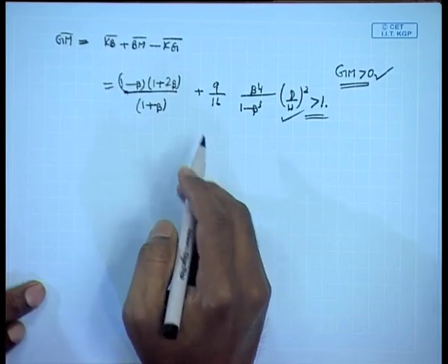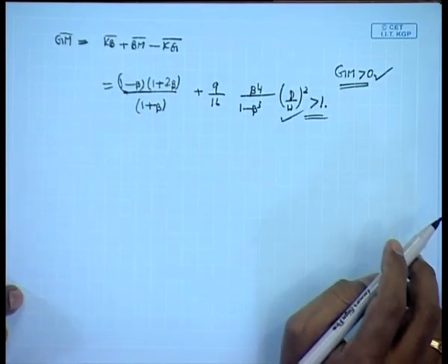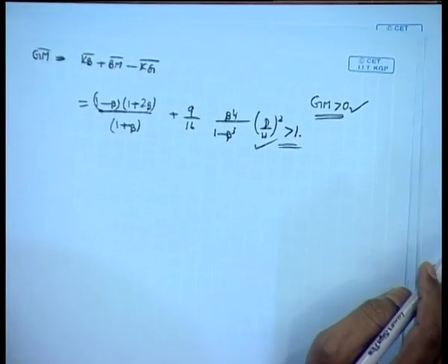So this is the condition for the cone to be stable. So you get an expression like this. So this is a problem. Whenever you are asked a problem on how to figure out if something is stable or not, what we need to do is first apply the Archimedes principle and then apply the condition that GM greater than 0. So by combining these two formulas, you will be able to get the condition for the object to remain